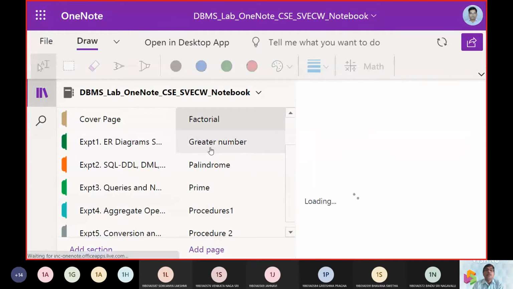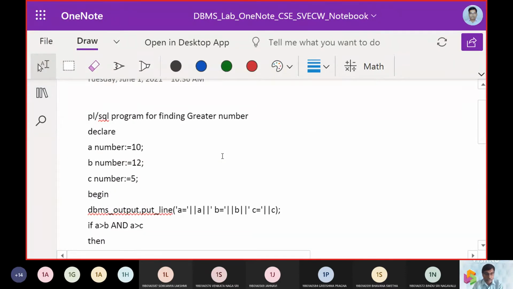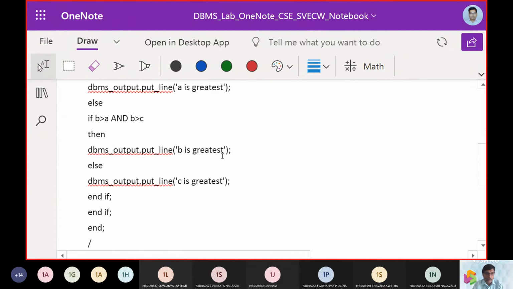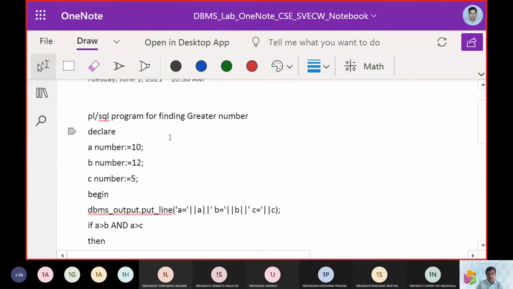Now let us demonstrate the third type of content, that is if loop, nested if loop. So we are presently working on finding the greater of numbers. We are not emphasizing much on complex logic.